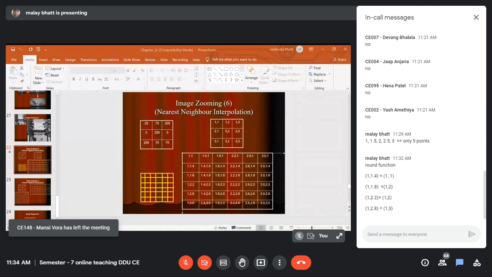And last, 1, 3 will be replicated to 1, 2.8. So that is how, through this nearest neighbor approach, we get the values of these new pixel locations. Is this point clear? Any query in this?